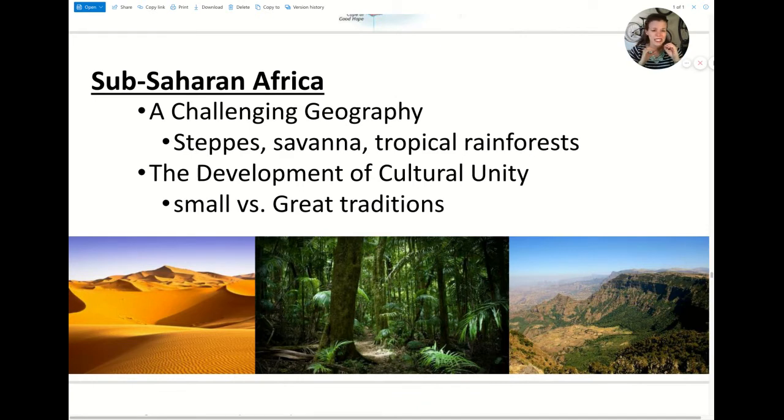By 1 CE, so by the time we have moved into the Common Era, Sub-Saharan Africa is a distinct cultural region, but does not have a single great tradition, right? So you have unity from similarities in small traditions. So isolation from sort of the rest of the world, but also other tribes, leads to this